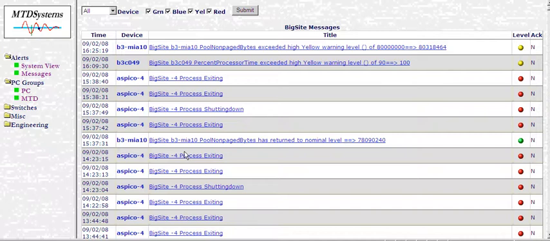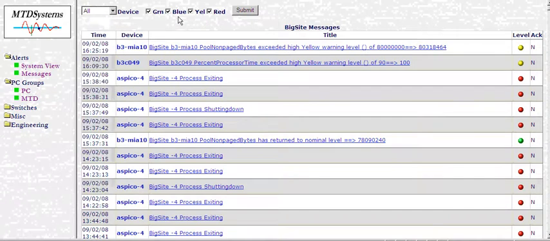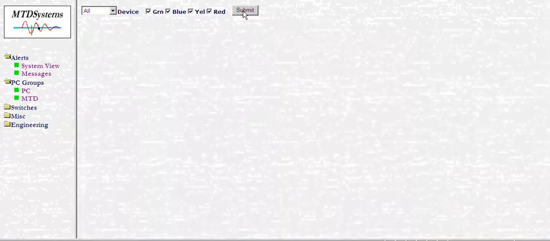You can select a particular device. You can filter the level of alerting you want. Like if we wanted to see only red alerting, we can do that. So quite practical in that regard, and you can see that this particular device has had a history of